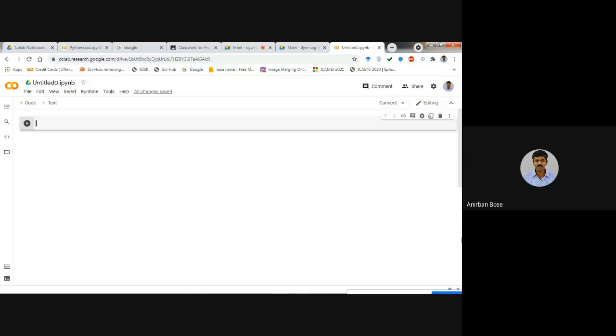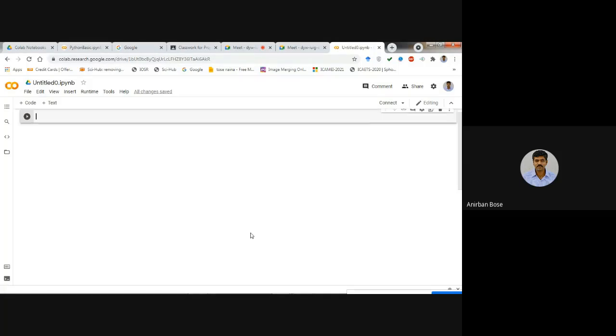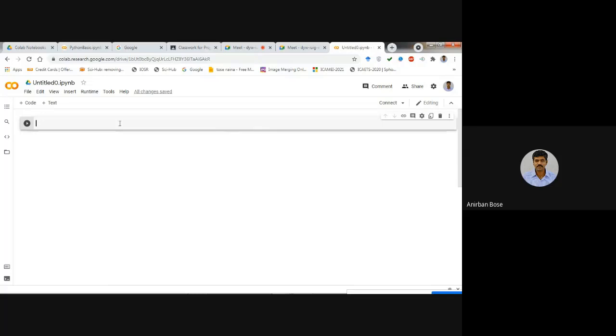Some space and memory will be allotted to you from Google, and you can work over here. Here we are going to write all the code, both machine learning and deep learning.